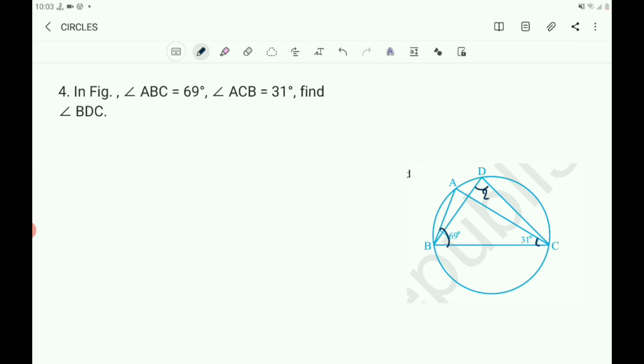Now here what is given? It is given in the triangle ABC, 2 angles are given, and by using the angle sum property get the angle BAC. If you got the angle BAC, same measurement will be there to angle BDC, because they are the angles in the same segment. You know that angles in the same segment are always equal. So angle BAC and angle BDC are having same measurement. Therefore, you take first you get the angle BAC. So you write that the solution.